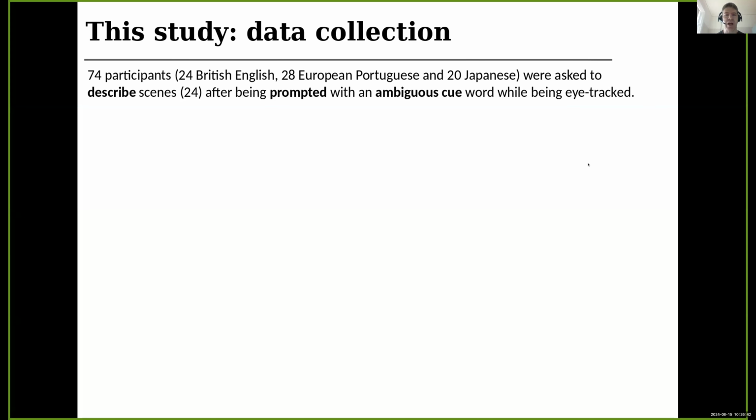Okay, so participants were eye-tracked while they produced those sentences. Then poor graduate students had to actually transcribe the speech, and all the studies were done on the transcribed speech, on the written version, right? We didn't look at actual audio files or anything like that for the purposes of the study. Okay, so in total we get around 1,700 sentences paired with scan patterns generated by these 74 participants.